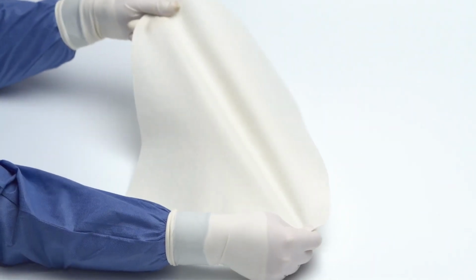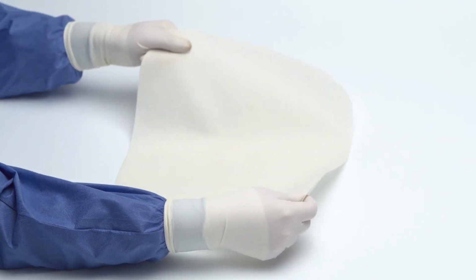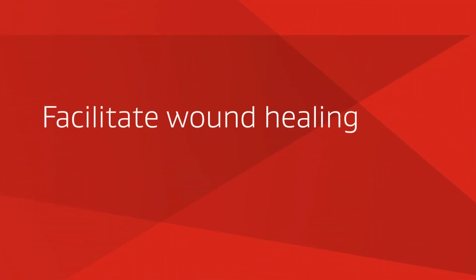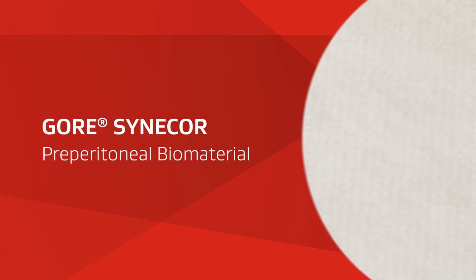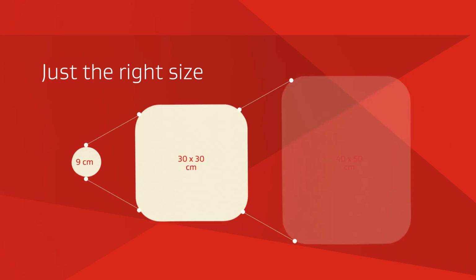Give them more. Gore offers the true hybrid biomaterial with a lightweight structure and permanent strength. Now in more sizes to facilitate wound healing and reduce risk for your hernia patients. Gore Synecor Preperitoneal biomaterial now provides extended sizes, including 5XL sizes from 30 by 30 to 40 by 50 centimeters